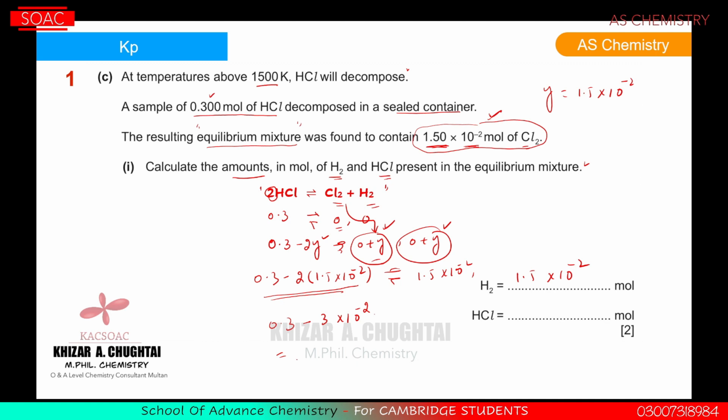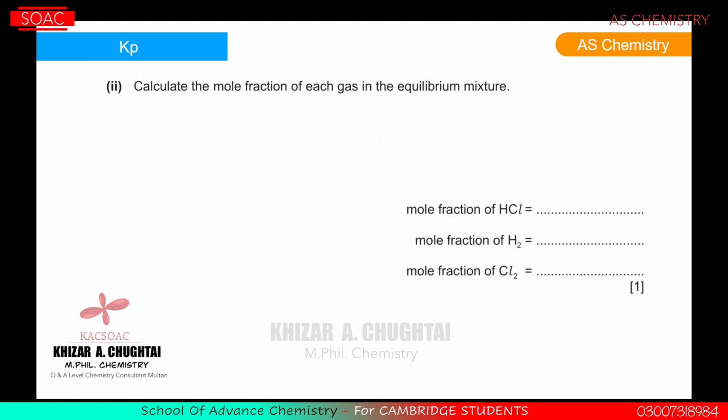The mole of HCl is equal to 0.27. So this is part 1 of this question. Now he is asking to calculate the mole fraction of each gas at equilibrium. I'm going to find the total number of moles. Total mole is equal to